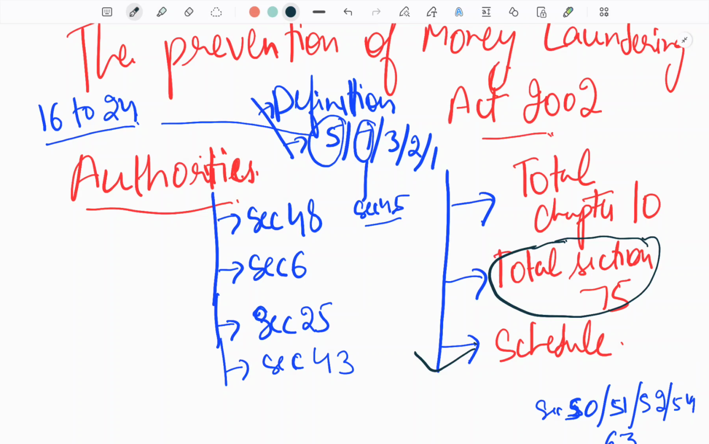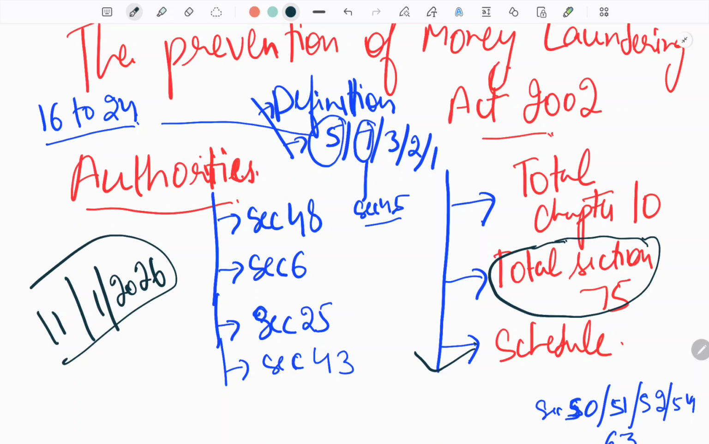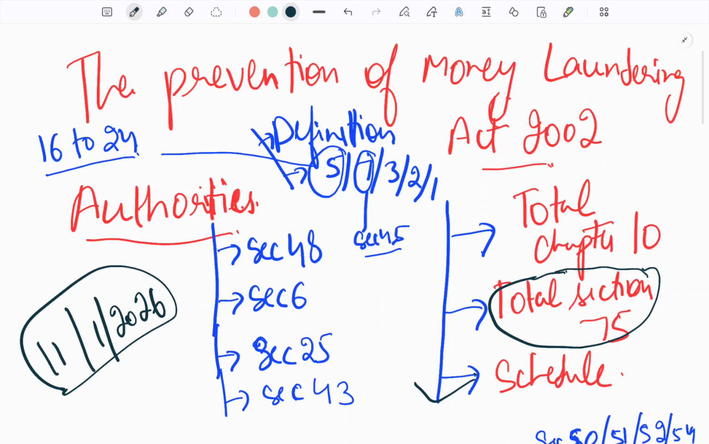which are very important from the point of view of every exam, especially the exam going to be held on 11th of January 2026 by UPSC with regard to the post of CBI APP, etc. In this video I will cover the whole Prevention of Money Laundering Act, in totality, with regard to the important sections from the exam